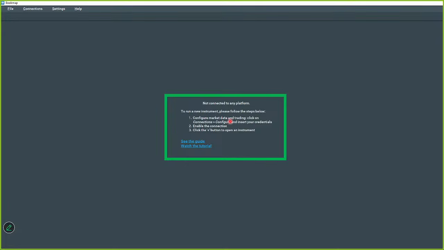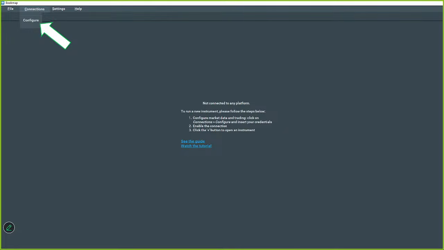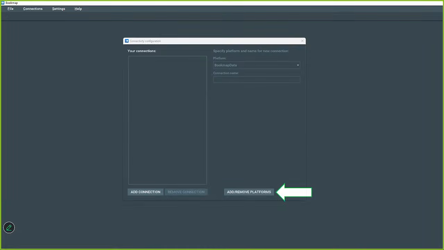I've taken everything out of my platform when I made these screenshots so that we could walk through it from the very beginning. But where all of your connections are, Bookmap data, Rhythmic, Interactive Brokers, whatever you're connecting, always starts on this connections tab. We're going to click connections and then hit configure. This configure button opens up where we add in all of these plugins. You're going to want to find your appropriate plugin for Rhythmic and things like that. First, we'll go right into Bookmap, and then I'll show you the other drop-down where they all are.